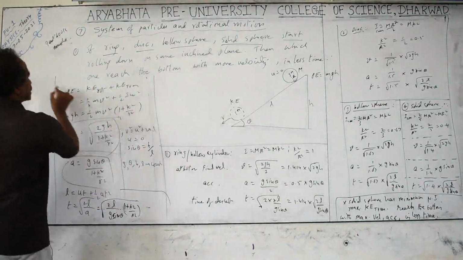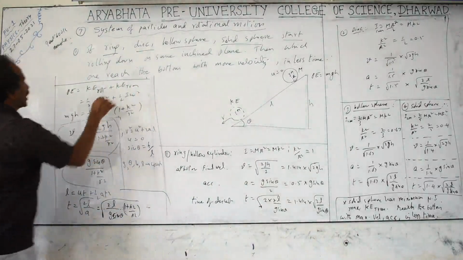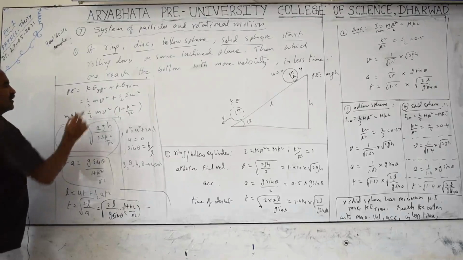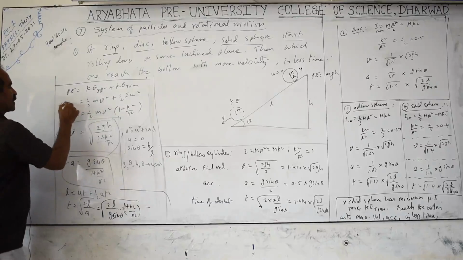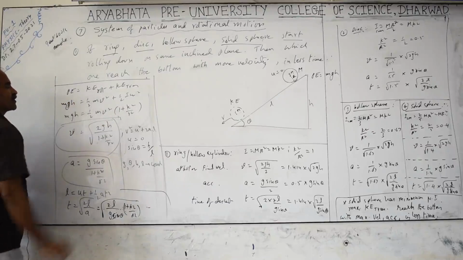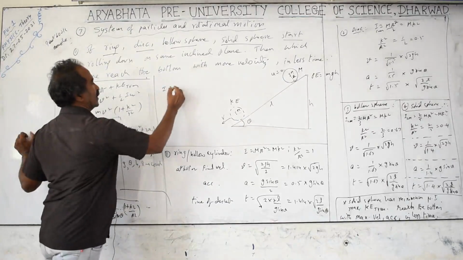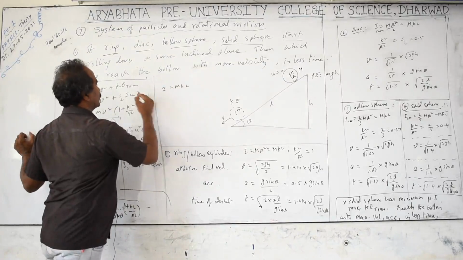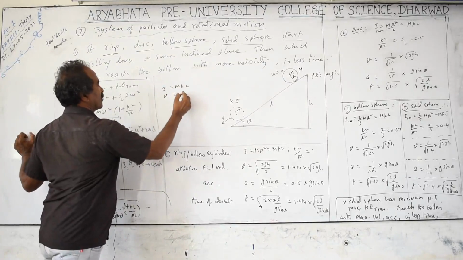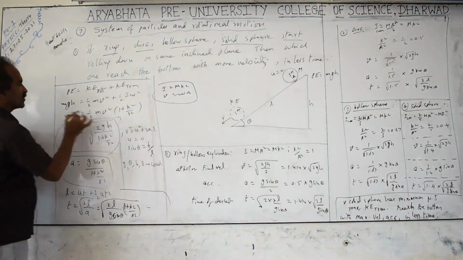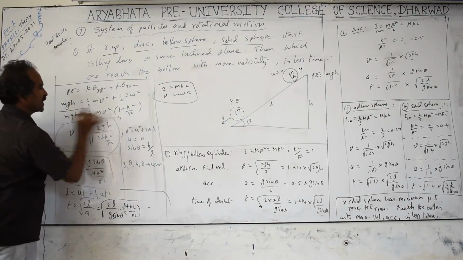The total potential energy initially, mgh, is converted into kinetic energy. That means mgh is equal to half mv square plus half I omega square. I equal to mk square and v equal to omega r. R is the radius of the circular objects. Substitute the values, we will get the relation mgh equal to half mv square, this is in terms of the translational kinetic energy.